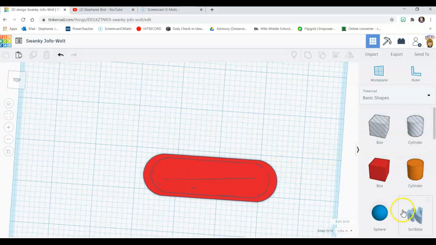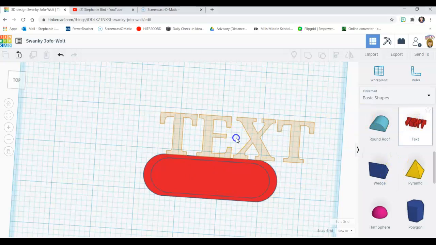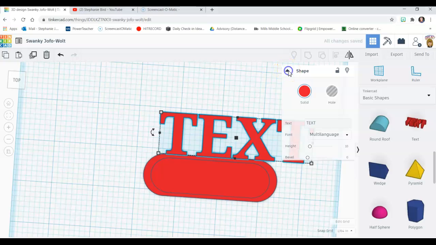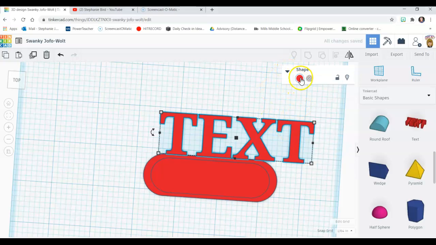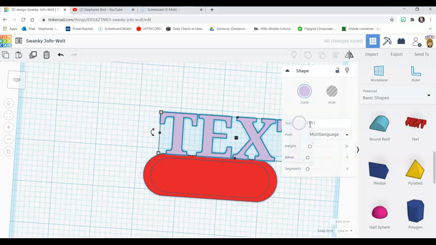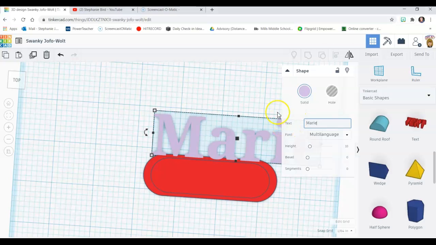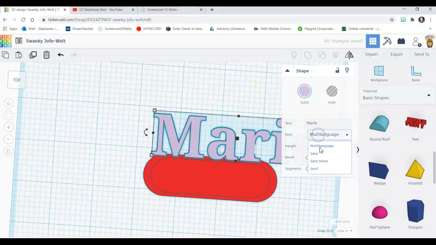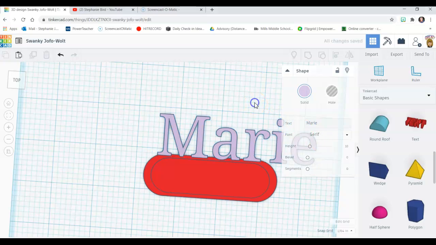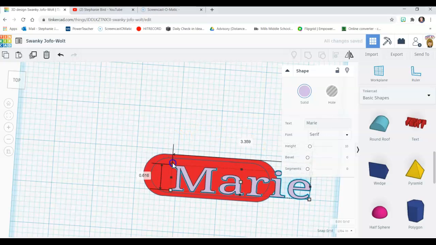And now I'm going to add my daughter's name. So I'm going to grab the text tool and put it on there. And if this doesn't come down automatically, while it's selected, change the color so we can have it show up a different color. Click down and click on the text part and change what you want it to be. So I wanted to make one with my daughter's name, and you can change the font. There's just a couple options here if you want to try something different. And then I'm going to put that right on there, and it's too big, so I'm going to shrink it down,